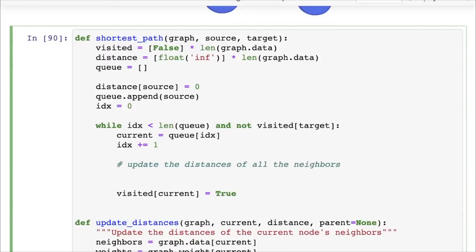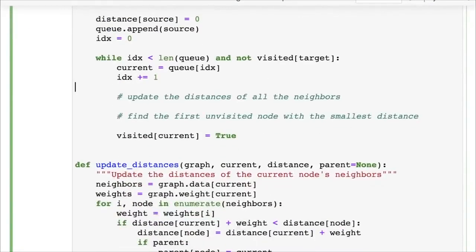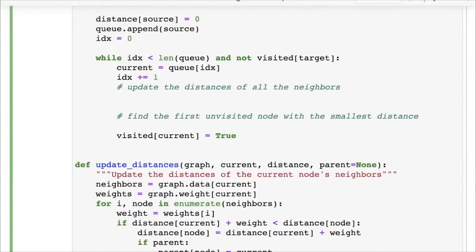And then we also need to find the next node, the first unvisited node with the smallest distance. Okay. So to update the distance of all the neighbors, we have written a function called update distance. So we'll call this function update distance